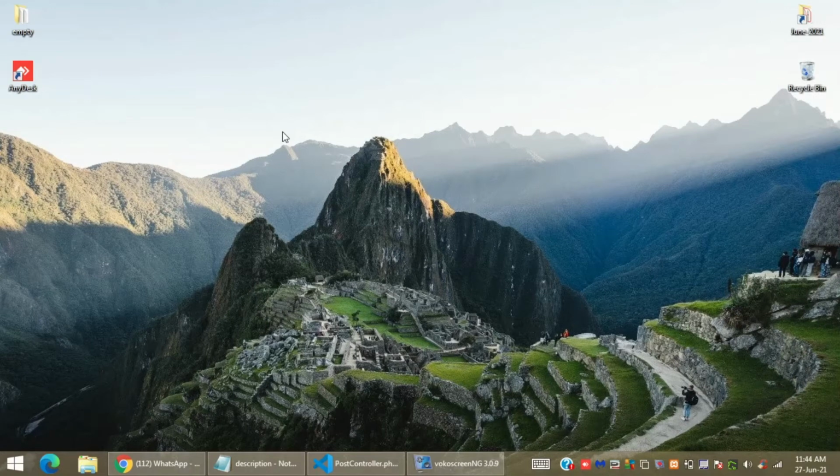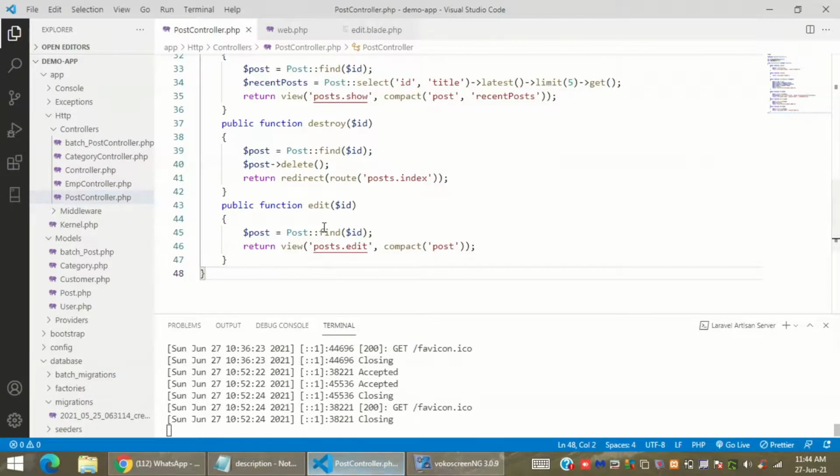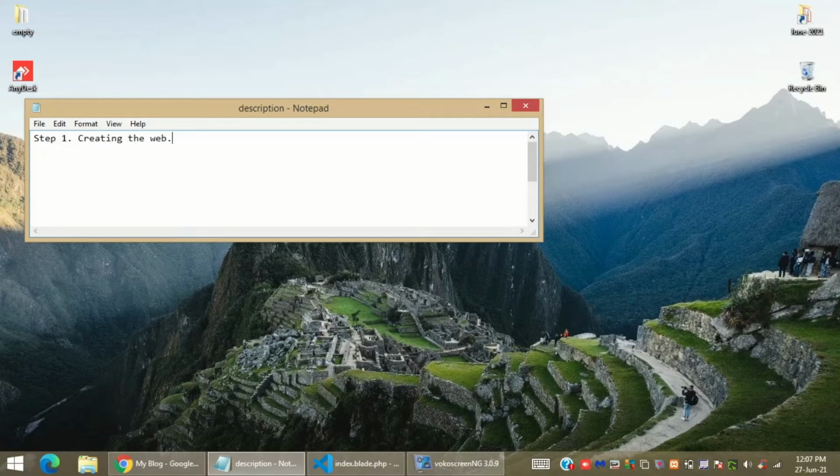Hello everyone. So today we are going to study how to use the update method in Laravel. There are approximately these many steps. First is creating the route in web.php. The second step is editing the HTML form for the put or patch method. Number 3 is deciding the route in the HTML form so as to submit it and update